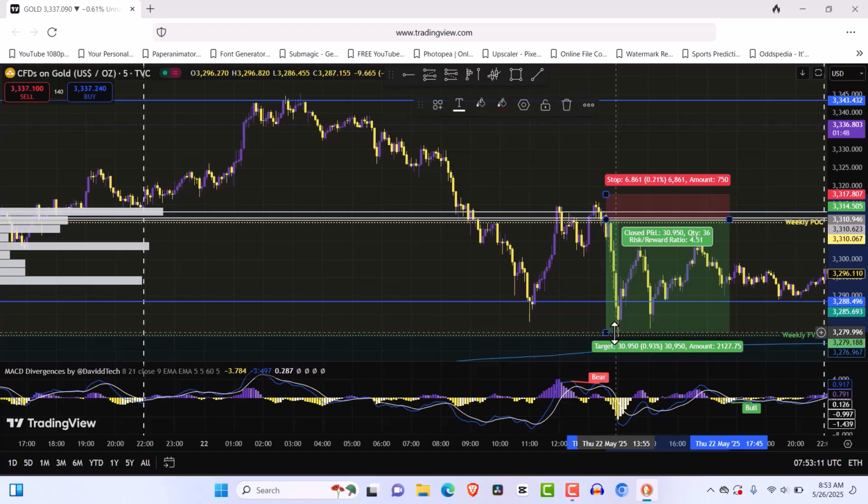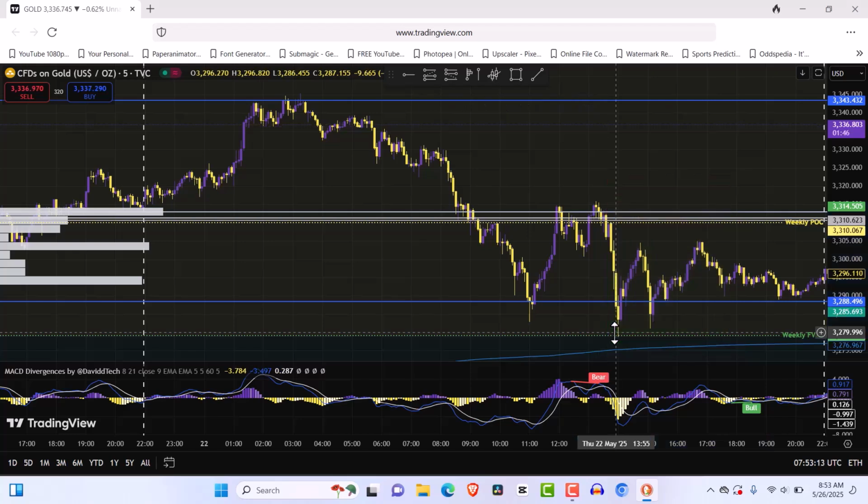Sweet trade, good trade, but that is not the trade I was talking about. Now look at an A trade. This is a perfect A trade. We broke down on the daily fixed range low, and we also touched the weekly fixed volume profile low, and we had the cross just here,